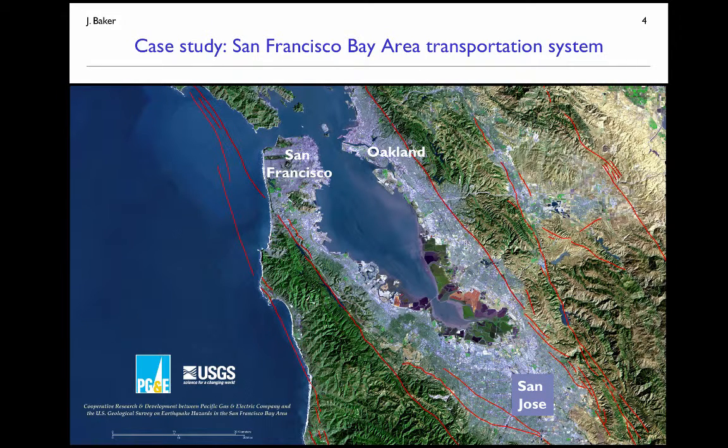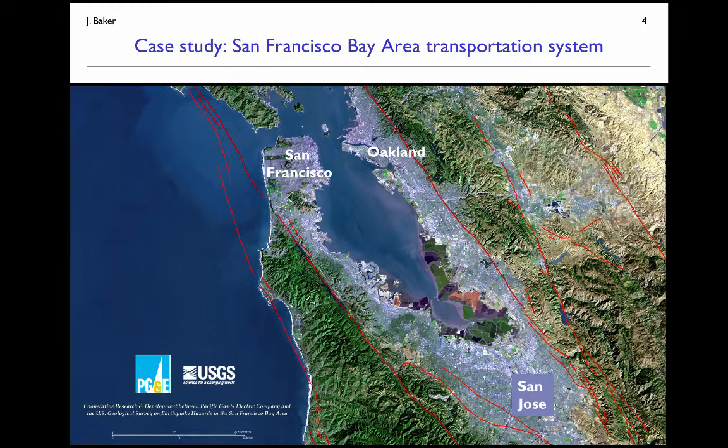Okay, so this case study, we'll use a real-world example to motivate some of our analysis and demonstrate its feasibility on a large infrastructure network problem. So here's just an aerial photograph of the San Francisco Bay Area. The Bay Area refers to the 8 counties that touch the San Francisco Bay here. The major urban centers of San Francisco, Oakland, and San Jose are certainly important, each with populations in the neighborhood of 1 million. The overall region has a population of about 7 million people, so a very large